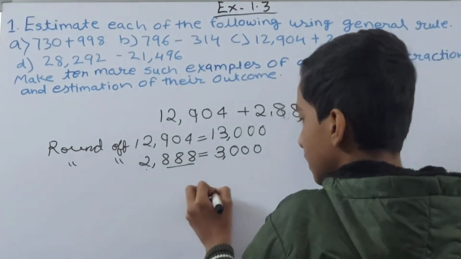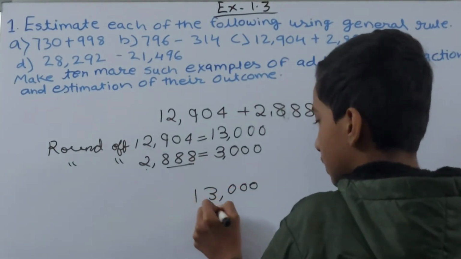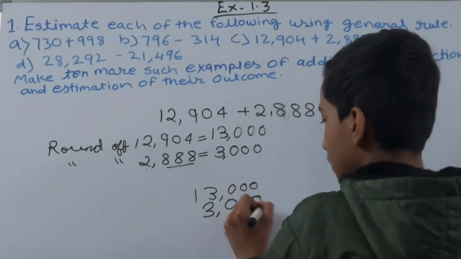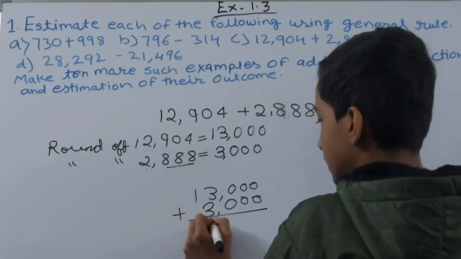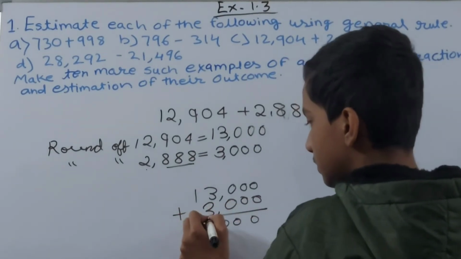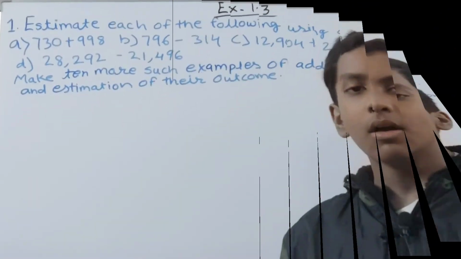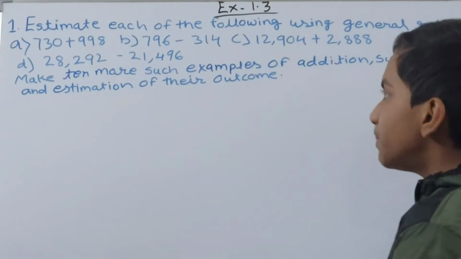So when you sum them, 13,000 and 3,000, we will get what? 16,000. 3 plus 3 is 6, and the zeros will be as they are. So 16,000 is the answer. Now let us solve the D part. So the D part is